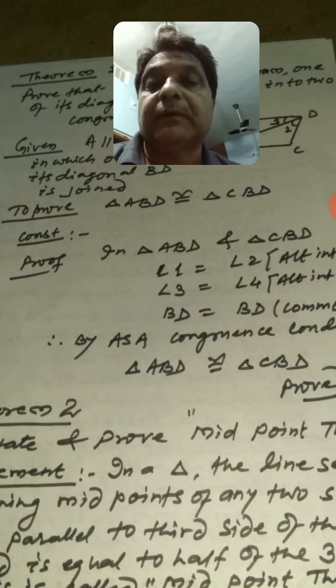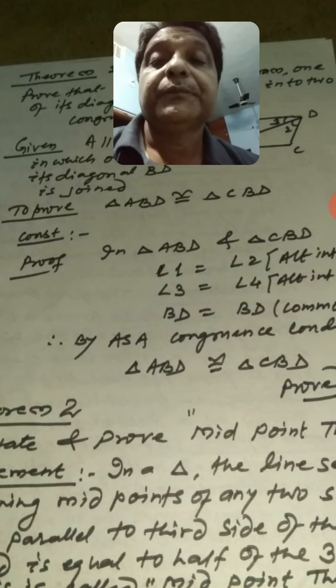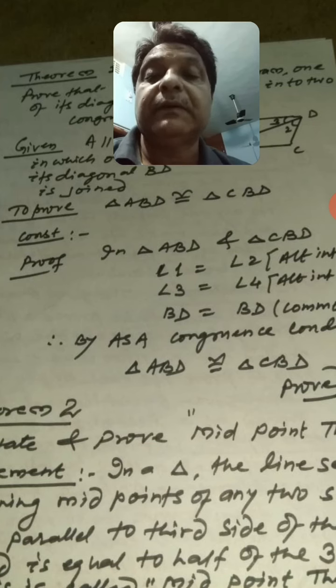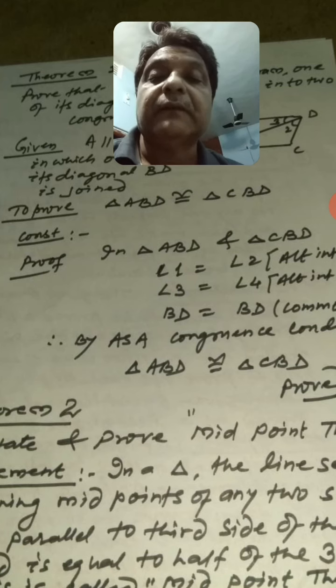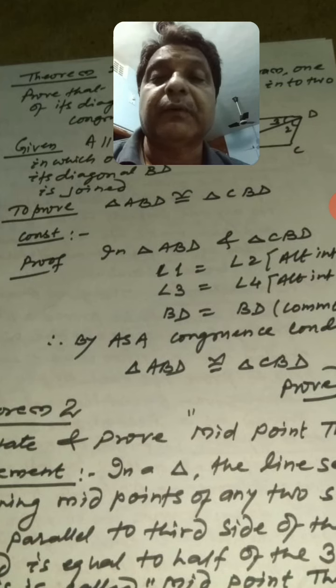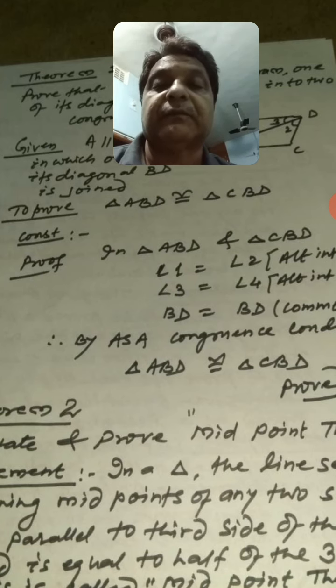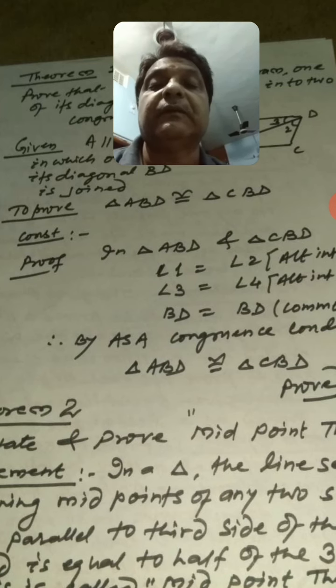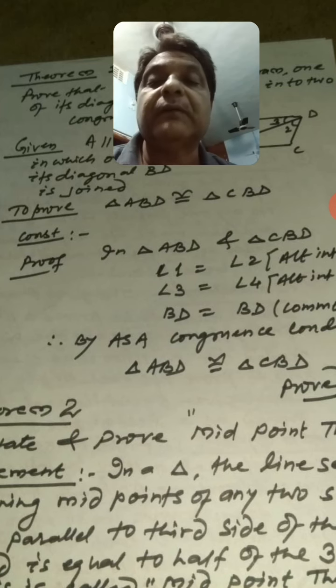So first of all we should memorize its statement. The statement goes like this: the line segment joining midpoints of any two sides of a triangle is parallel to the third side and is equal to half of the third side. This is popularly known as the midpoint theorem, and it has wide applications in solving exercise problems. Mainly, in the NCERT exercise, exercise 8.2 is entirely based on the midpoint theorem,